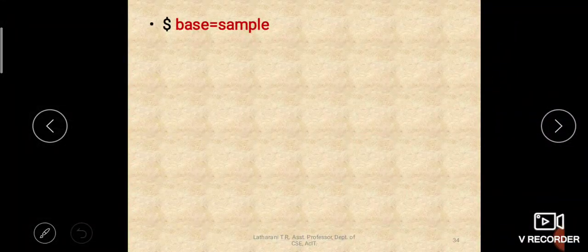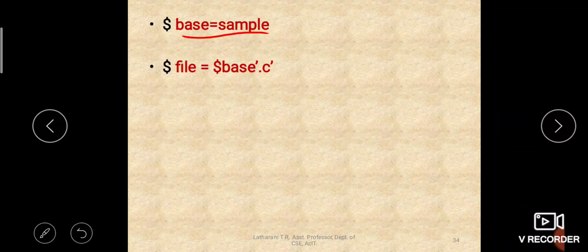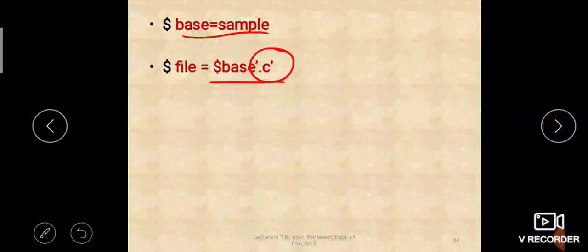Next, similarly, base is the same variable with value sample, and file is another variable which will be stored with the value $base'.c'. So now .c is taken as a string. It is not the value of a variable. Okay, it is directly taken as a string .c, which is enclosed in single quotes.